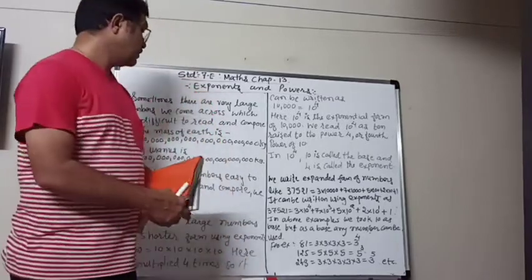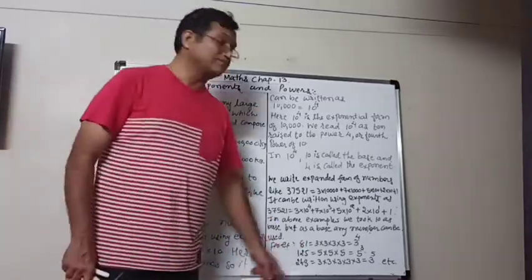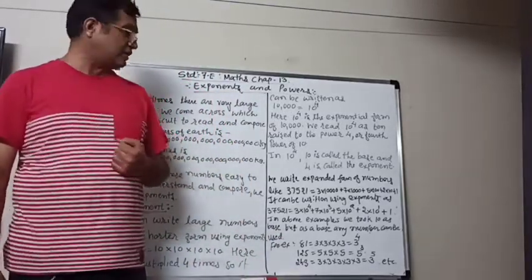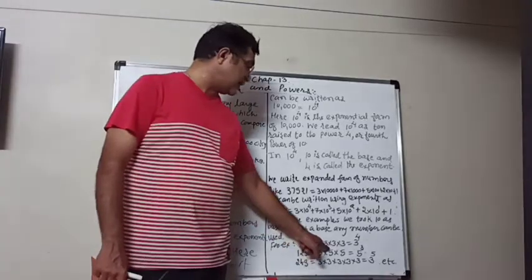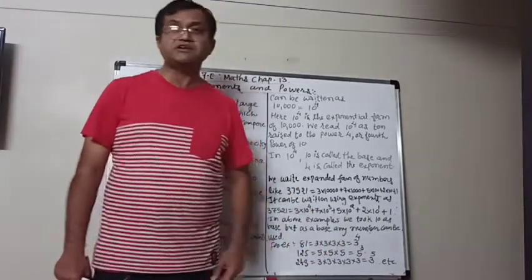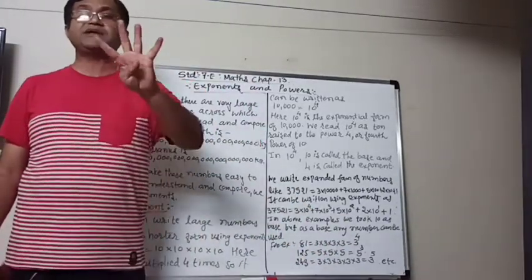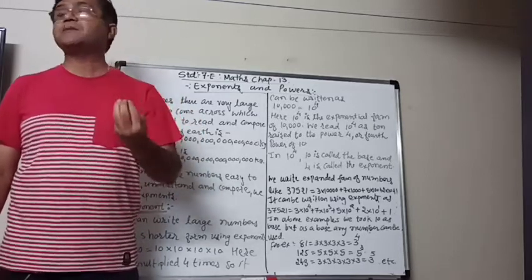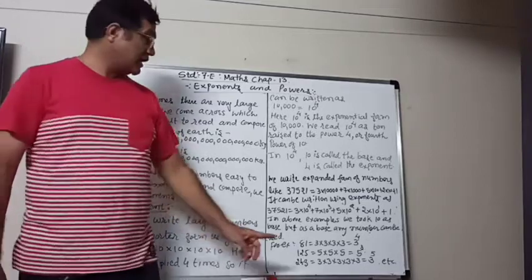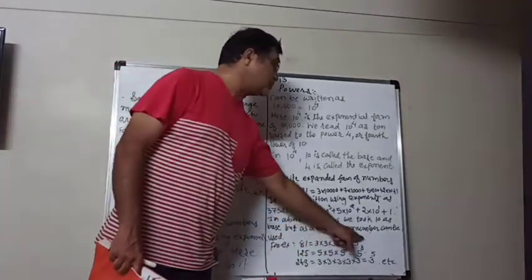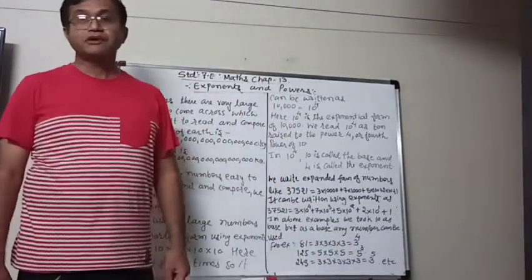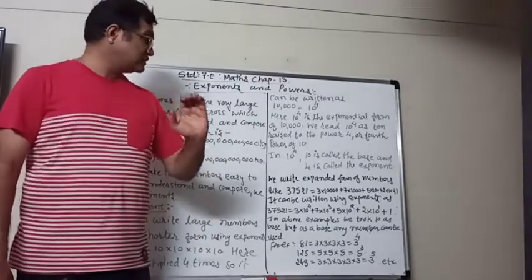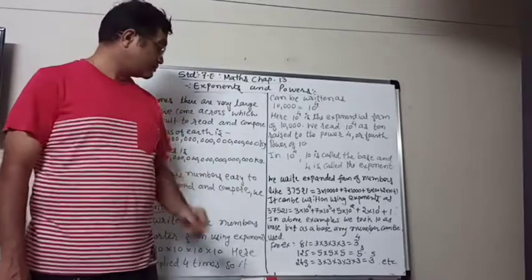For example, look here, 81. How can we find out the multiplication of 81? 81 is equal to 3, 3 is 9, 3 is 27, 3 is 81. So 3 is repeated how many times? 4 times. So 3 also can be used as the base, and we write down 3 raised to the power 4. So 81 is equal to 4 times 3 is multiplied, therefore 3 raised to power 4.